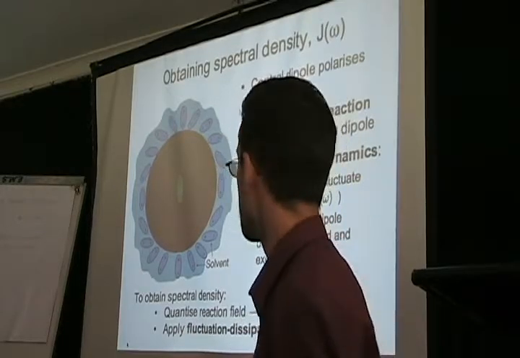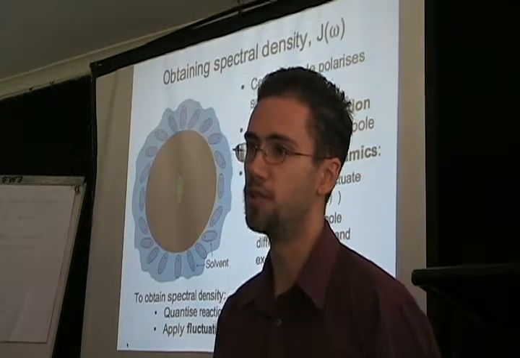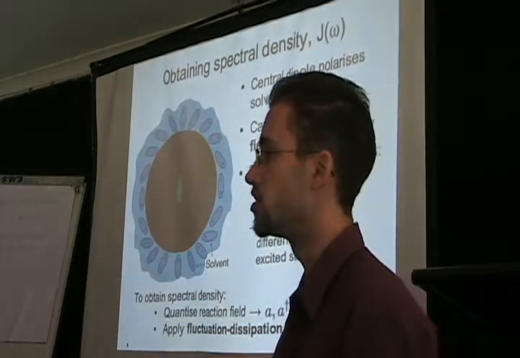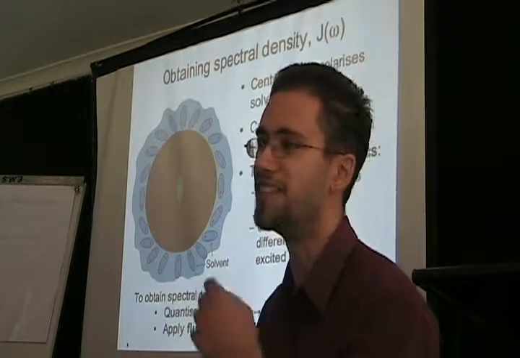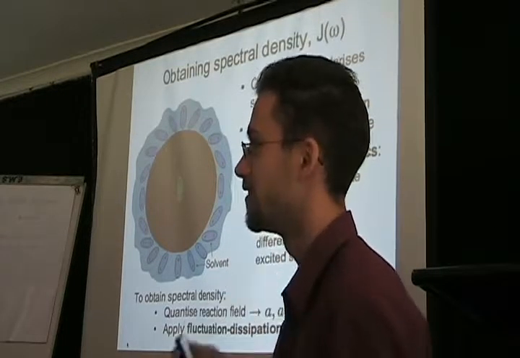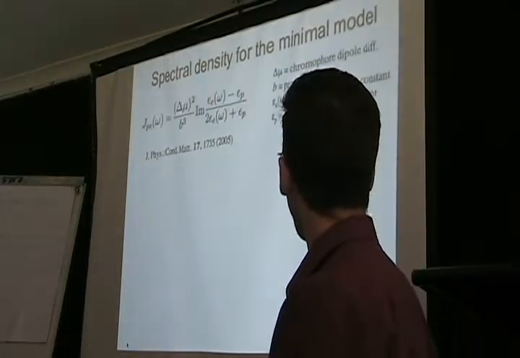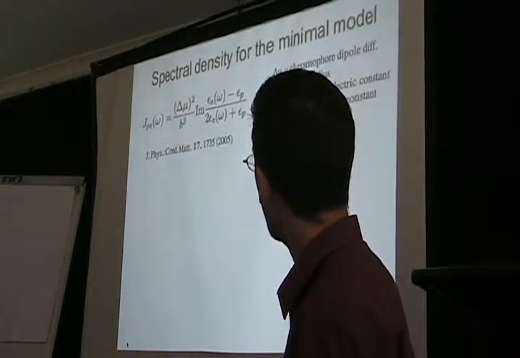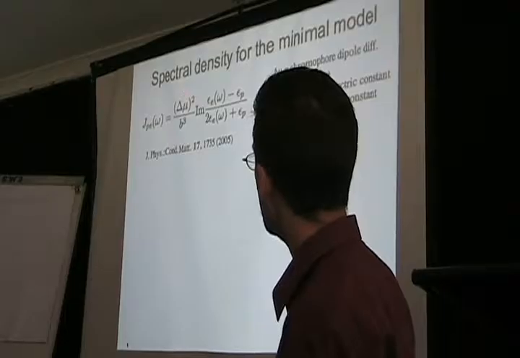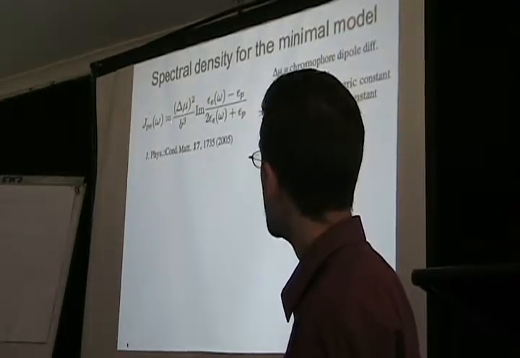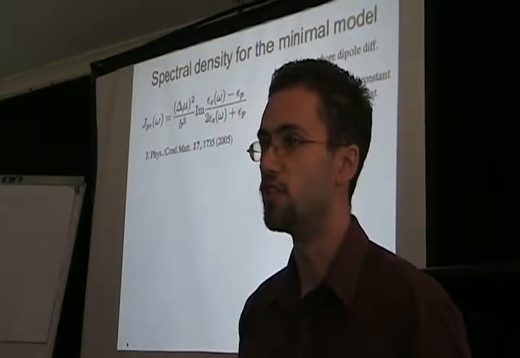To actually obtain the spectral density from this, what we've done is applied a fluctuation dissipation theorem to relate the fluctuations in the environment to the dissipation, which is captured by the spectral density. I'm not going to go into any details of the math because I'm sure you don't want to be bored by it, but feel free to grab the paper afterwards for more. So for these models, the spectral density we get looks something like this, depending on the model of choice. But basically, it depends on the change in dipole moment of the chromophore, the radius of the protein, and then the dielectrics of the protein and solvent.